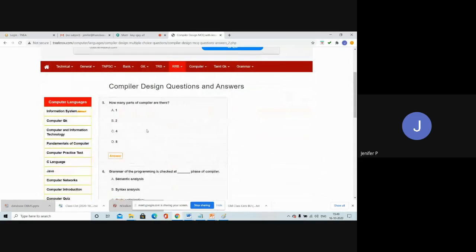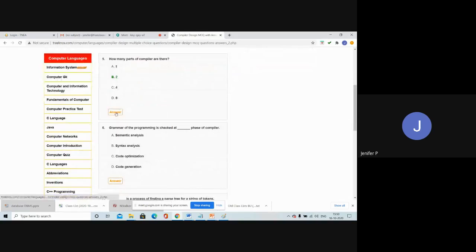How many parts of a compiler? Let us look at the others also, and then we will see. So when we see how many parts of a compiler are there, how many parts? Your answer will be B, 2. So the compiler contains two parts, that is front end and back end. Now, when we look at the parts of a compiler, the phases, what phases are there,